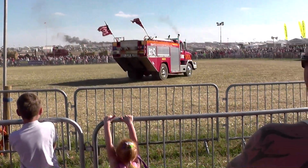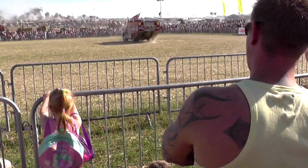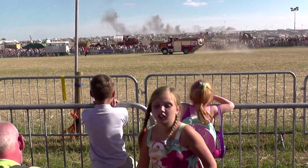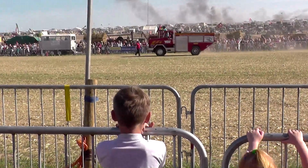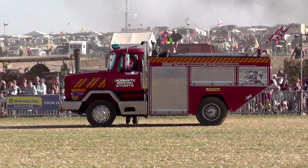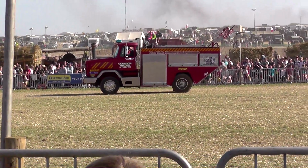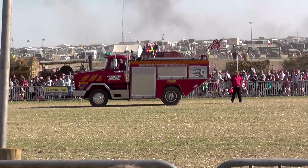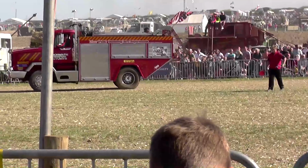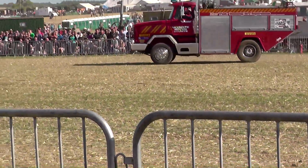So what we're going to try and do now, ladies and gentlemen, is show just how much we can control the truck through years and years, 25 years of doing this. Christopher's going to stand in the middle of the arena and he's going to put a balloon under his feet. I'm going to try to pirouette around him and bust the balloon. Now, if some of you have been watching the show on numerous occasions since we arrived on Wednesday, you will know that this is the easiest of stunts, and on 3 occasions over the last 2 days, I've failed to hit the balloon. My excuse is that it's been windy, and the wind's been blowing the balloon away from the